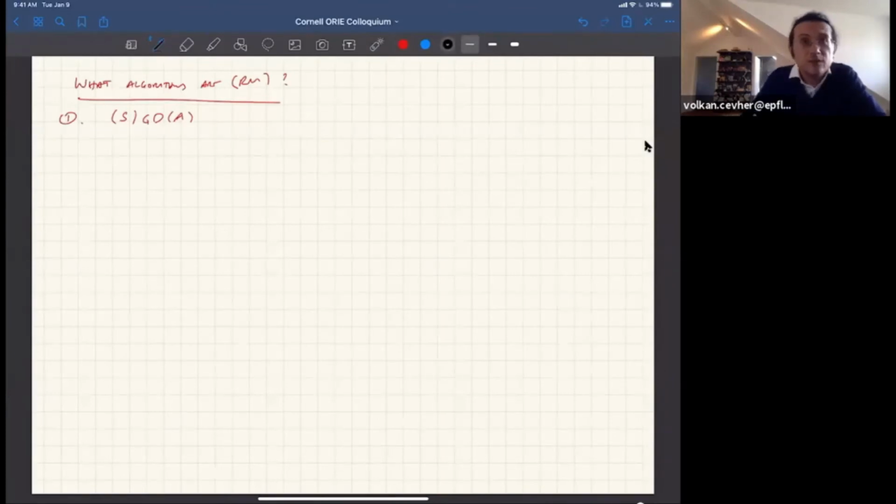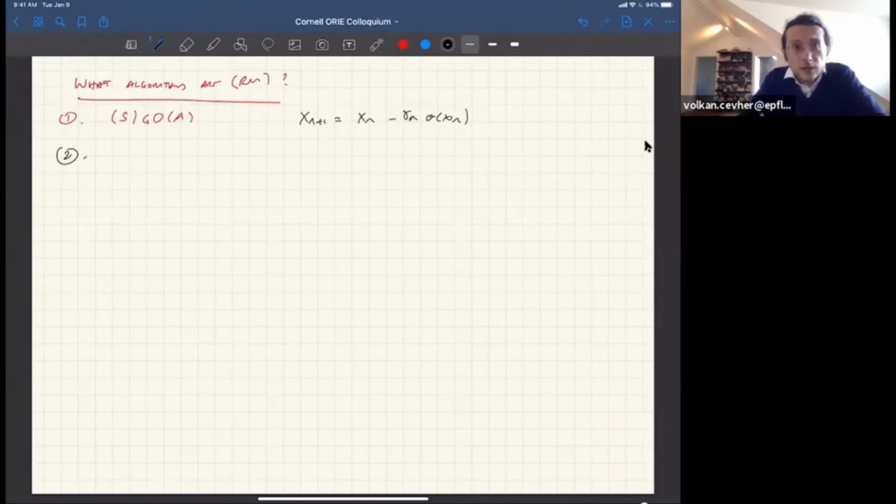We saw this before, right? So xn plus 1 is xn minus gamma n V of xn. Sorry about the colors. Proximal point, PPM,